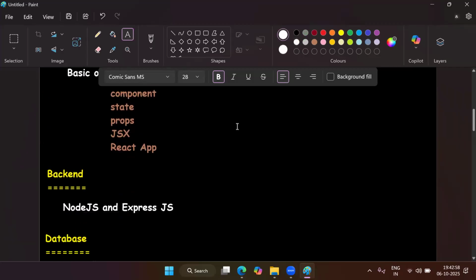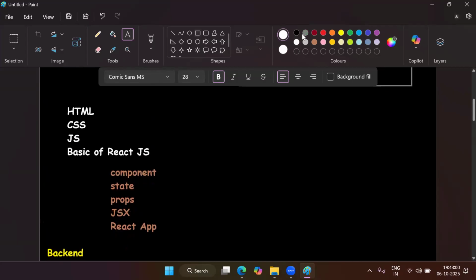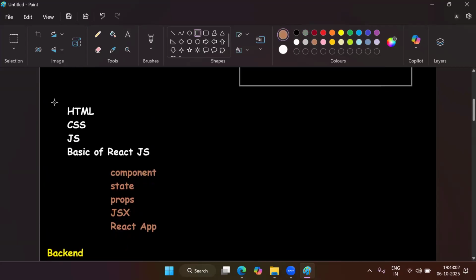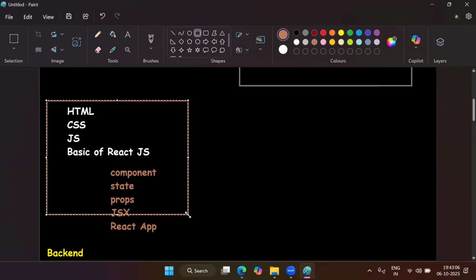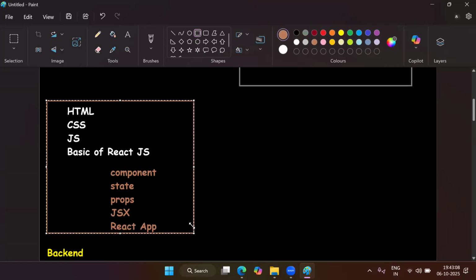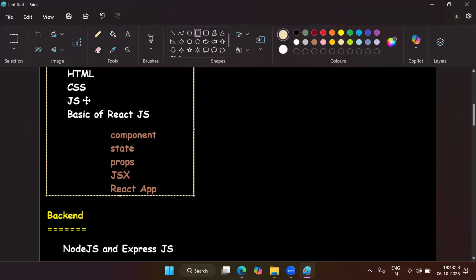So these are the things, guys, which I'm expecting from you: HTML, CSS, JavaScript, and basics of React. That's it. I don't want you to be very pro in HTML, CSS, or JavaScript. Many things I will provide in HTML, CSS, and JavaScript also as pre-recorded videos.